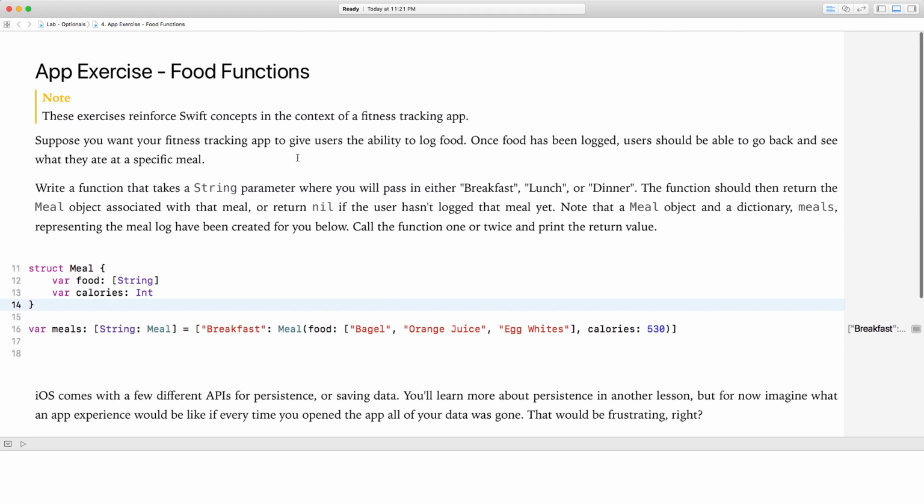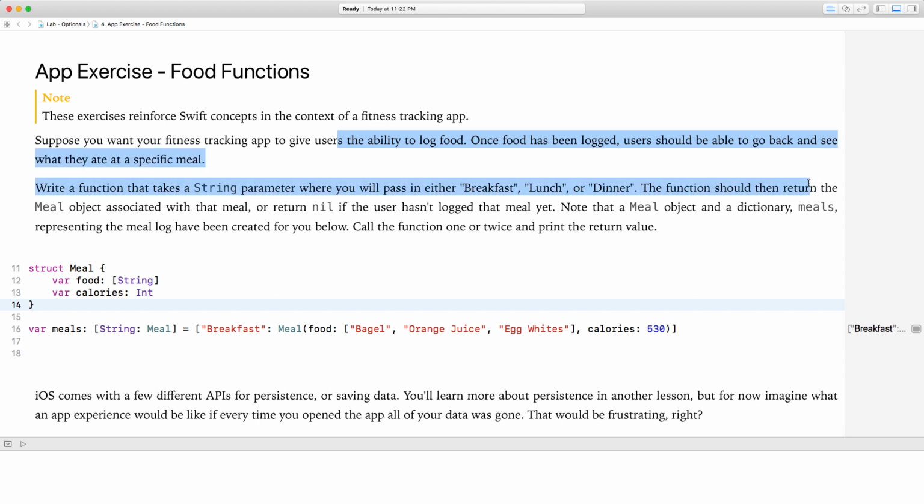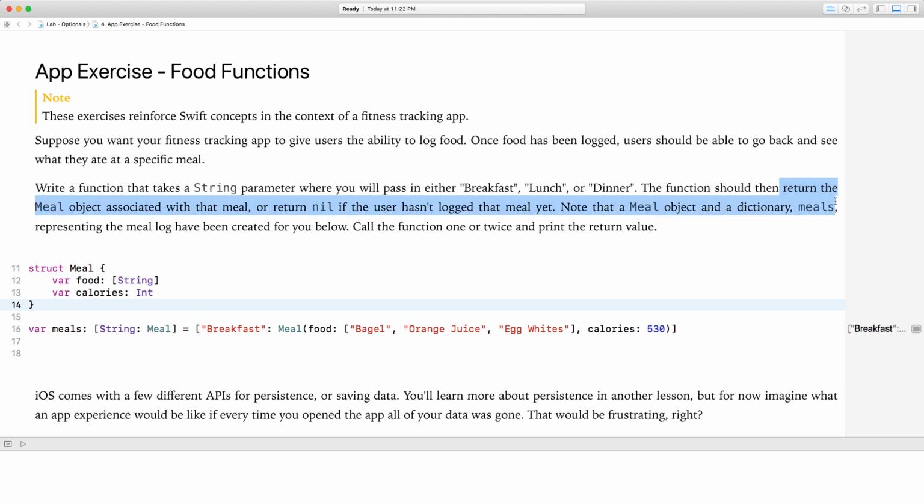Suppose you want your fitness tracking app to give users the ability to log food. Once food has been logged, users should be able to go back and see what they ate at a specific meal. Write a function that takes a string parameter where you will pass in either breakfast, lunch, or dinner. The function should then return the meal object associated with that meal, or return nil if the user hasn't logged